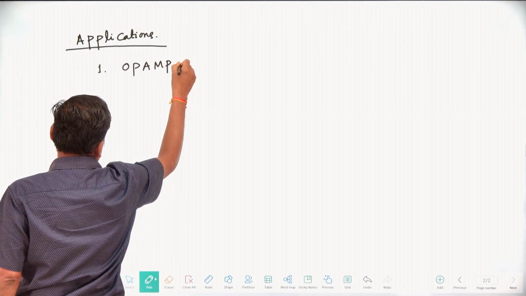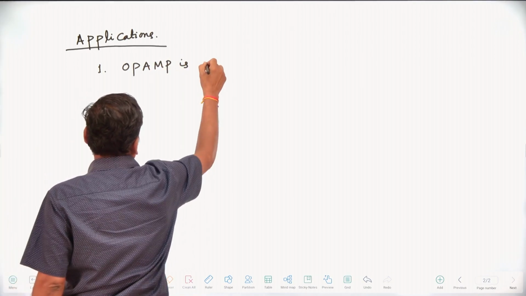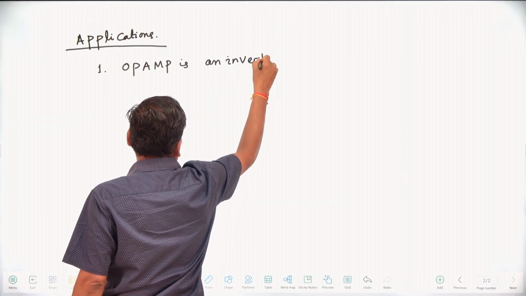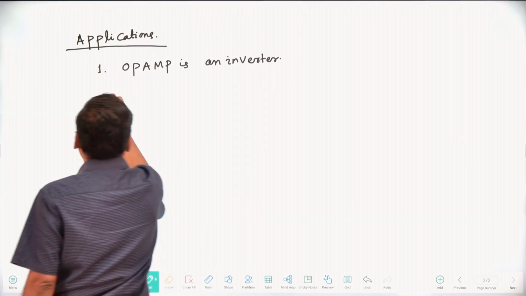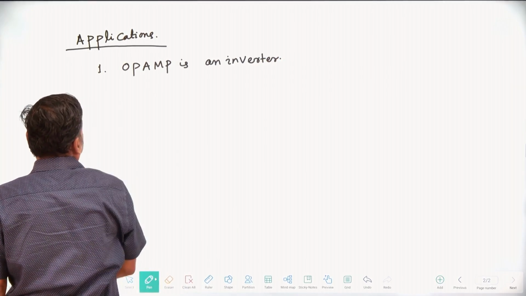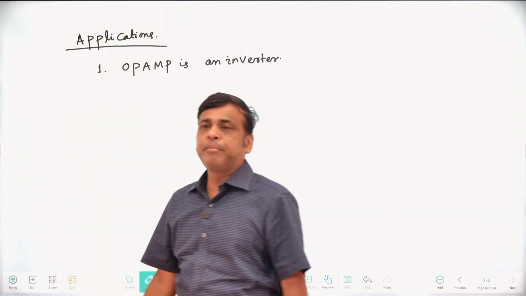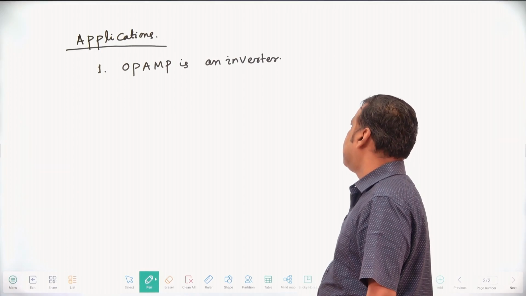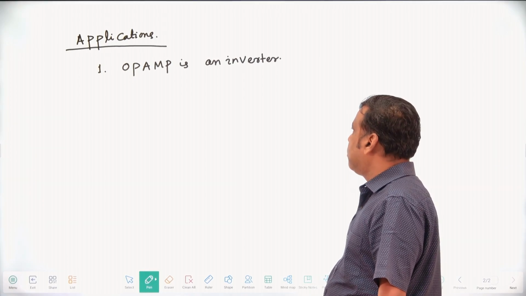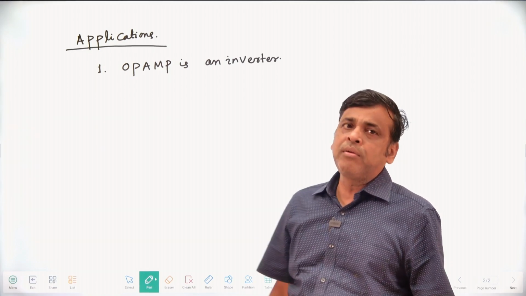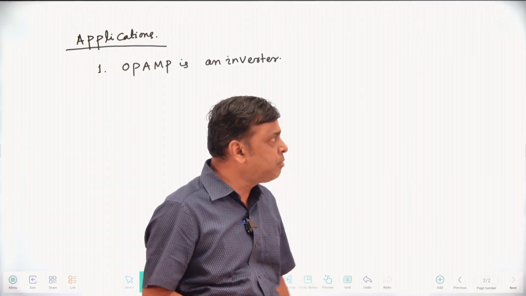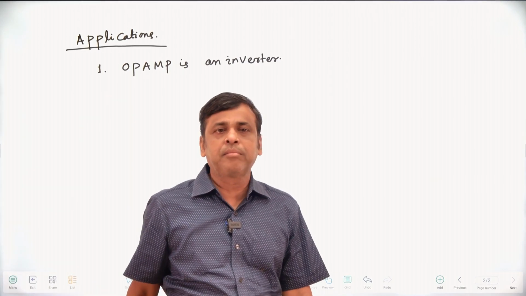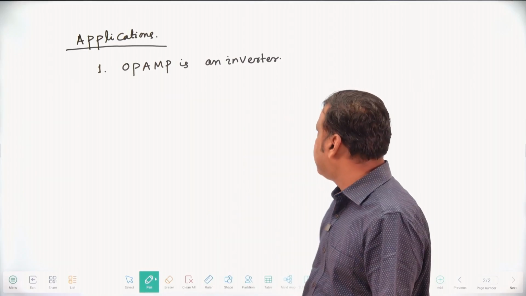What is an inverter? Already I told you in earlier classes that a common amplifier is generally used to raise the strength of the input signals. But in the case of the operational amplifier, there are so many applications, like op-amp as an inverter,